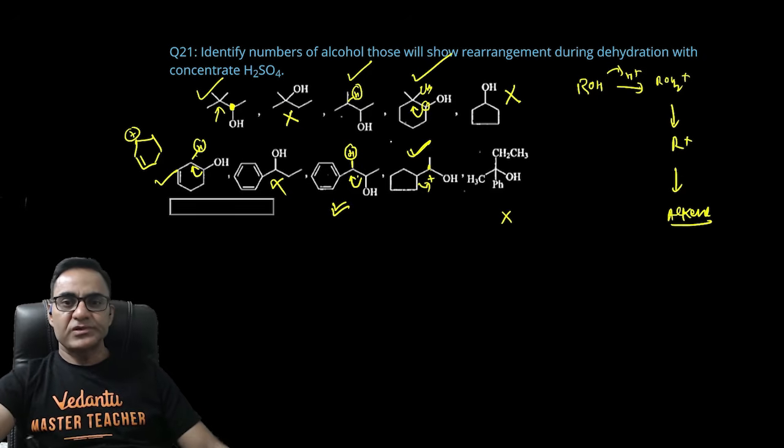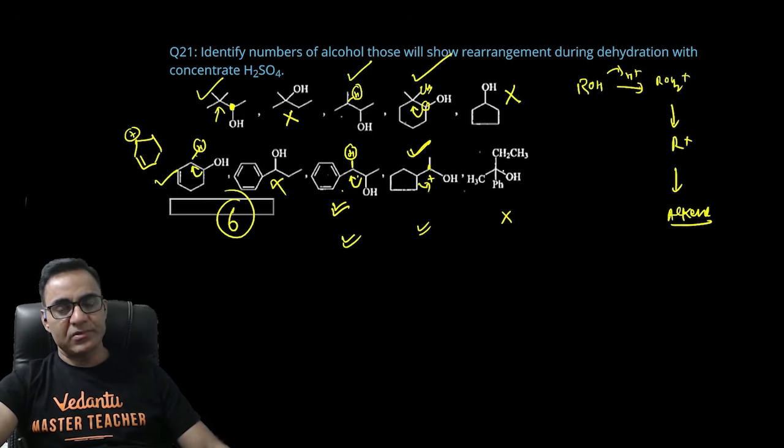तो 1 2 3 4 5, आई एम गेटिंग 5। ऑलराइट, 5... ये भी है ना, एंड 6। तो टोटल 6 ऐसे कंपाउंड हैं जहां पे कार्बोकेटायन का रीअरेंजमेंट पॉसिबल है ड्यूरिंग डिहाइड्रेशन रिएक्शन। ऑलराइट,